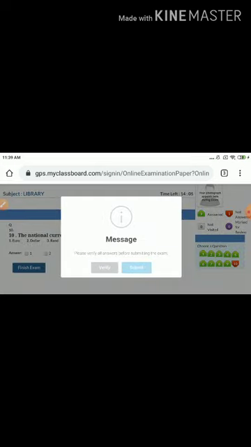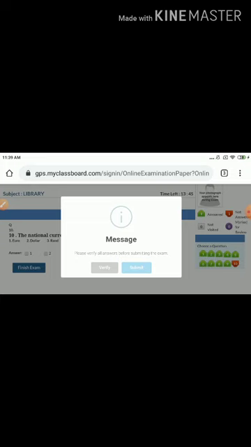It is a time-based exam, okay? So within time you have to finish it up. Now after clicking on finish exam, one option you will get: verify and submit. Verify means again you can verify, again you can change your option. And submit means your exam will be completed.